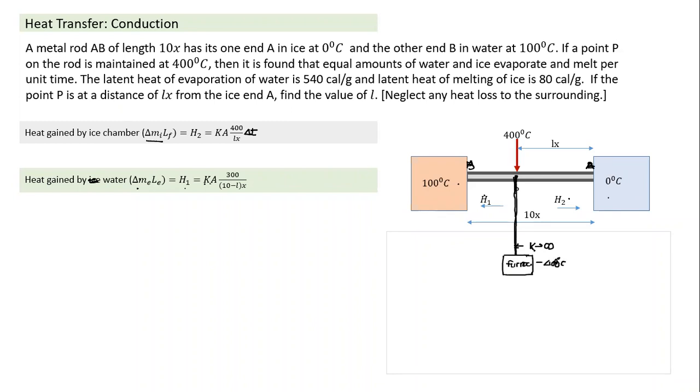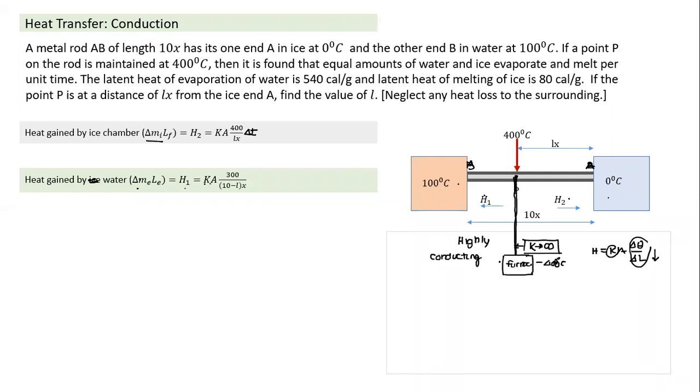So what does K tending to infinity imply? See, whenever we talk of a highly conducting rod, in this question they are not used, but it may come. What does a highly conducting rod mean? Let's look at the equation also. Heat flow rate H is equal to Ka delta theta by delta L. So if K tends to infinity, what will happen? This will tend to 0. This will be close to 0.